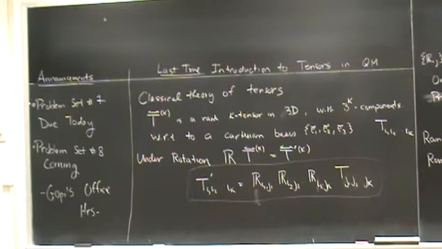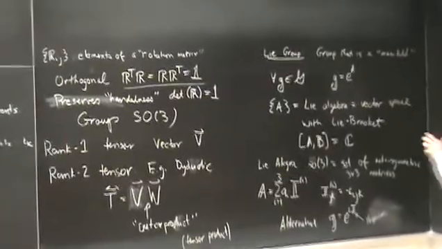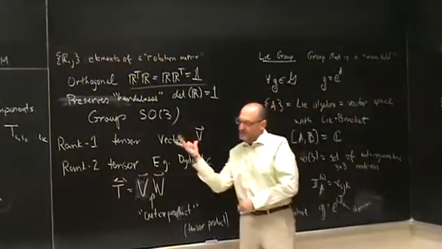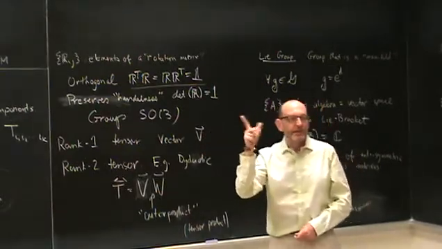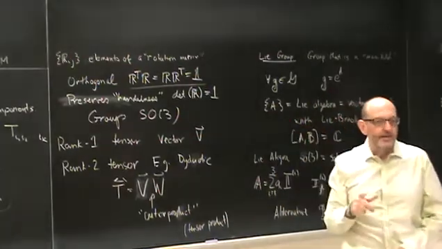Okay? So these R's here are the elements of a 3x3 matrix, which define a rotation matrix in 3D. And the rotation matrices, their defining property is that their inverse is their transpose. Moreover, we're talking about a proper rotation. A proper rotation preserves the handedness of a right-handed coordinate system. It can't switch x into y and y into x without